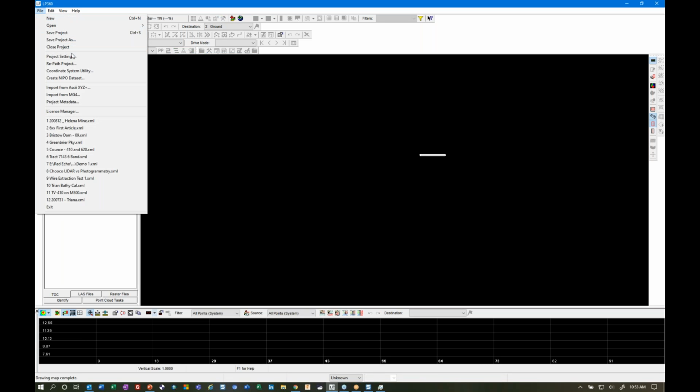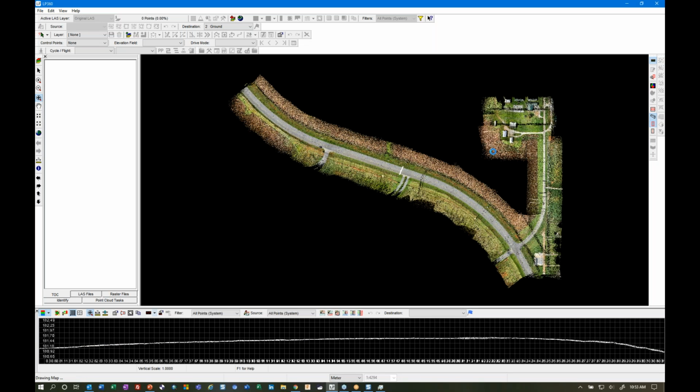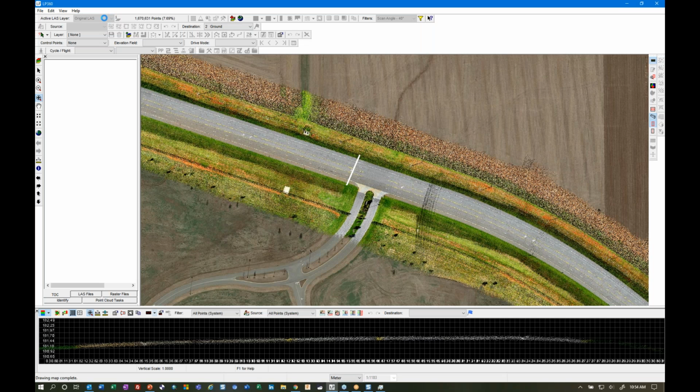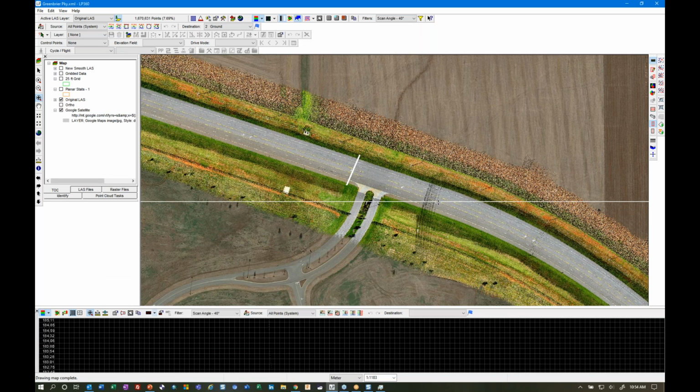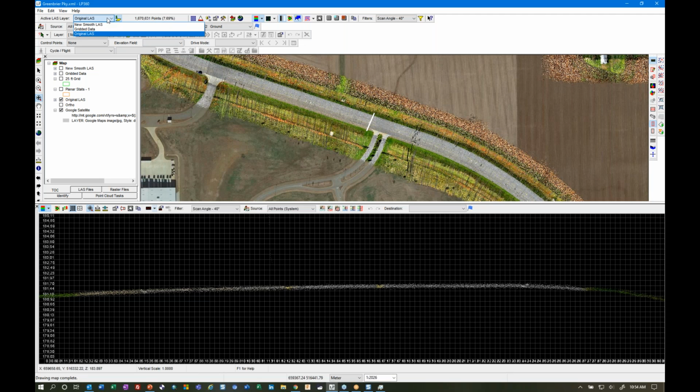All right, bring LP360 back up and load our project. And then we'll examine the before and after of the smooth data. So here we've got the original LAS data being viewed in this profile view. And then if we toggle to the smooth data,